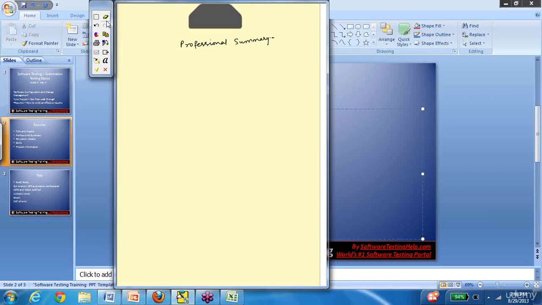Okay. Again, this depends on how much professional commitment you're giving to the testing field, or how much professionalism you're putting into learning this trade. So in the professional summary, what you can include is any manual testing experience. Say, for example, if you have 1 year of manual testing experience, you can include 1 year of, again, if you just say testing experience, the chances that the resume will get picked will be